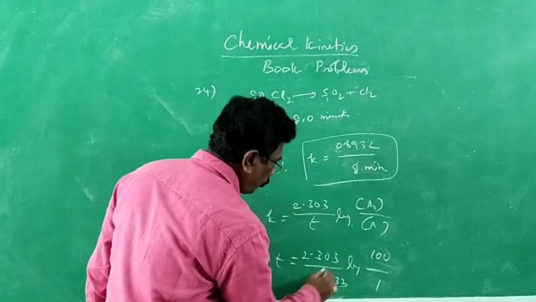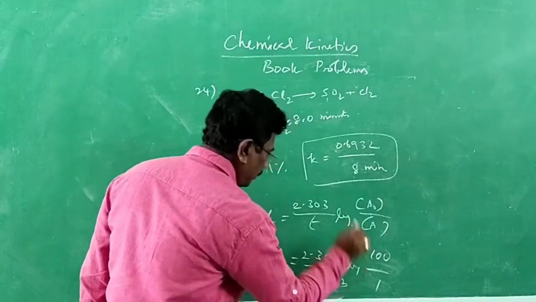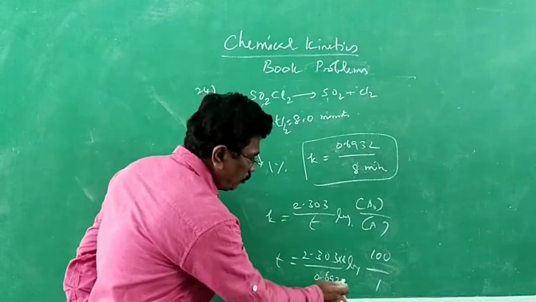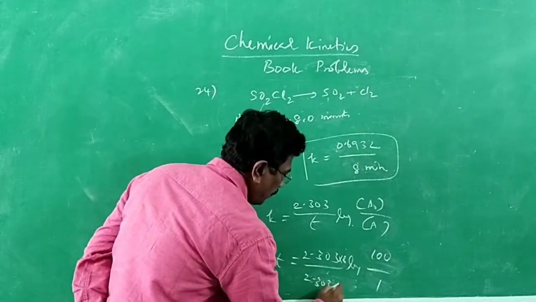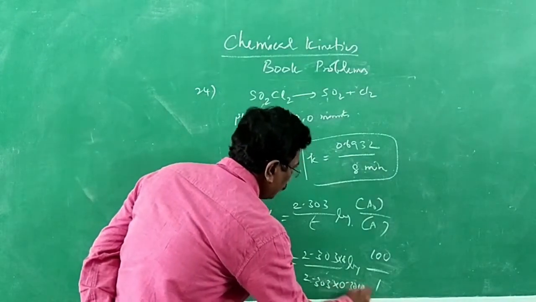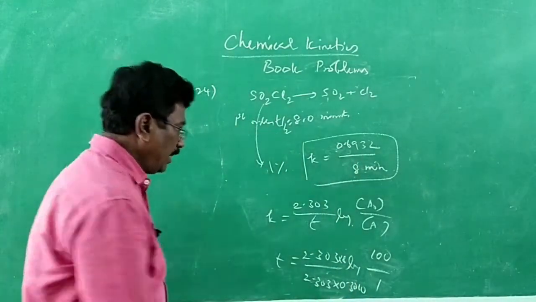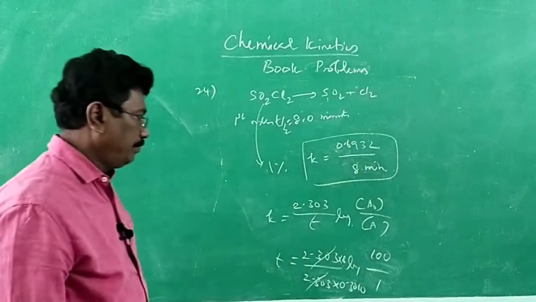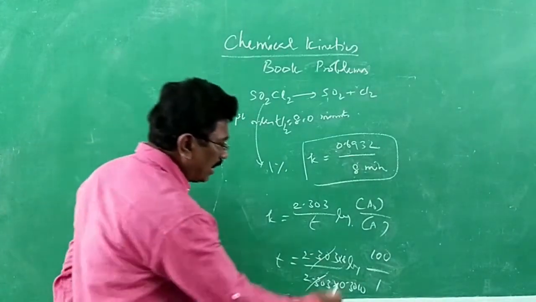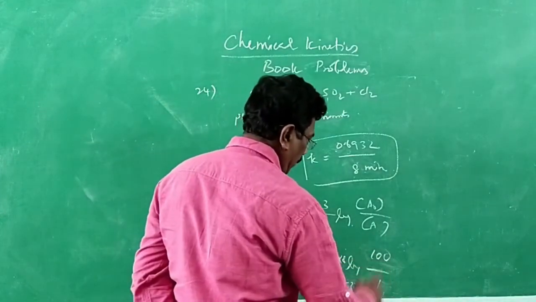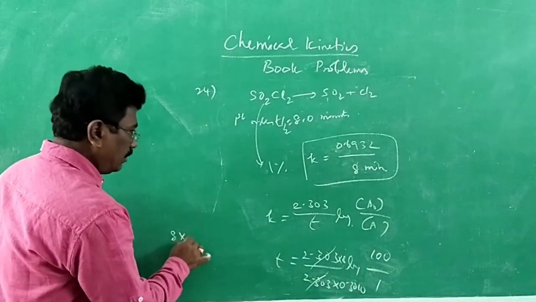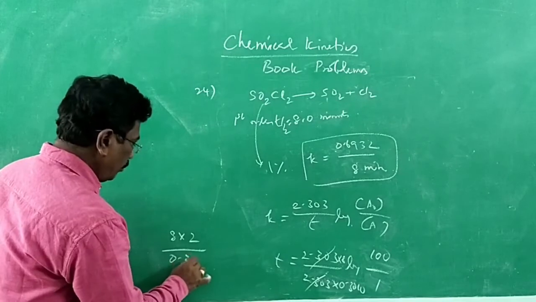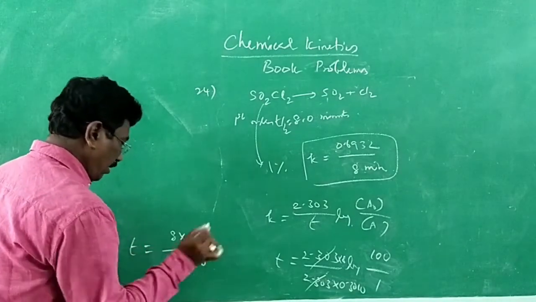When the 8 goes over to the numerator, it will become 8. So 0.6932, how did we arrive, it is multiplication of 2.303 into 0.3010. That gives this value, and therefore these two get cancelled. All right. Log 100 is nothing but, what is the value of log 100? 2, simply 2. So 8 into 2 divided by 0.3010. You'll be getting the time, that's all.